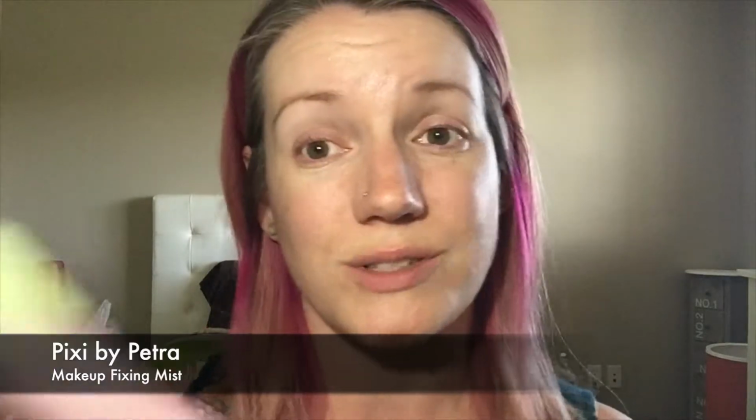Okay, so we're zoomed in a little bit more. I will basically just be using my illuminating primer and some concealer and an all over cream bronzer as well to give me some extra coverage and even out anything. But today I am going to start with my Pixi Makeup Fixing Mist. You can use this as a primer and a setting spray and to refresh and all of that. I'm going to use this first